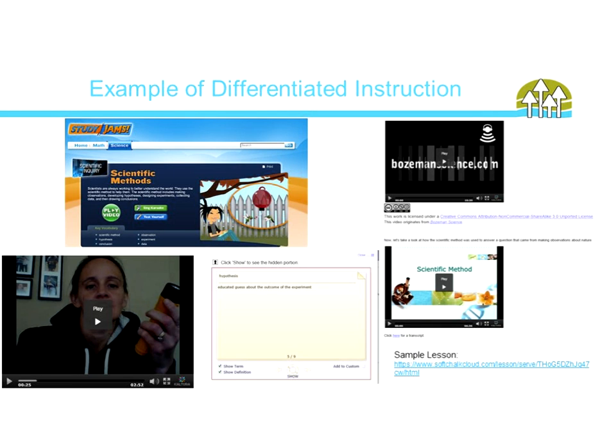Here's an example of instruction that has been differentiated in a particular lesson on the scientific method. So students watched a Study Jams video to introduce them to the scientific method. Study Jams videos are animated videos. They interacted with the key terms with a flashcard activity. They also saw how the scientific method connects to their everyday lives by watching a video about the scientific method and how it can be applied to figure out why a flashlight's not working. They watched a Bozeman Science video and a recorded PowerPoint that explained the key concepts of the scientific method as